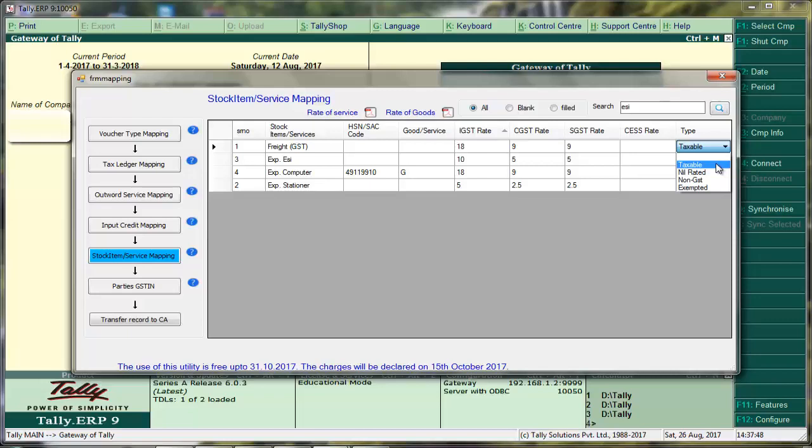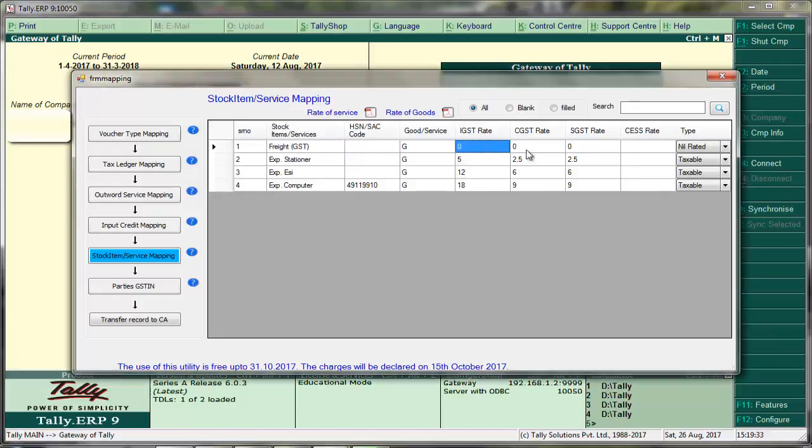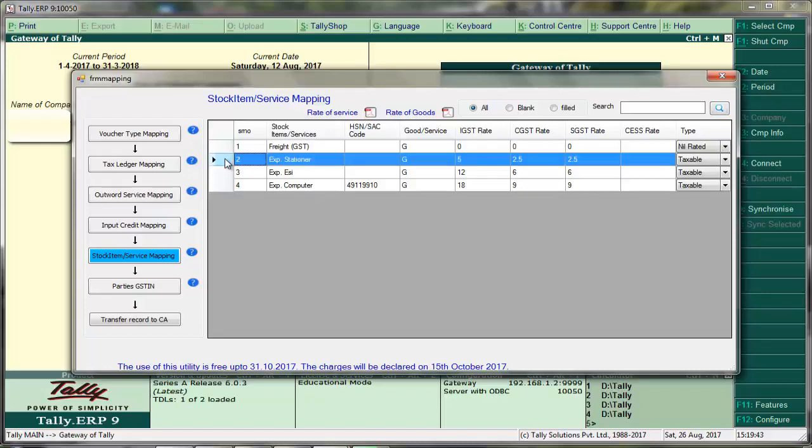In case multiple commodities or services exist on which the same rate of tax is applicable, then use copy paste features given on screen. How to use copy paste feature? Select the rates which are to be copied. Then select the row in which user wants to paste the copied data. Then paste the data here.